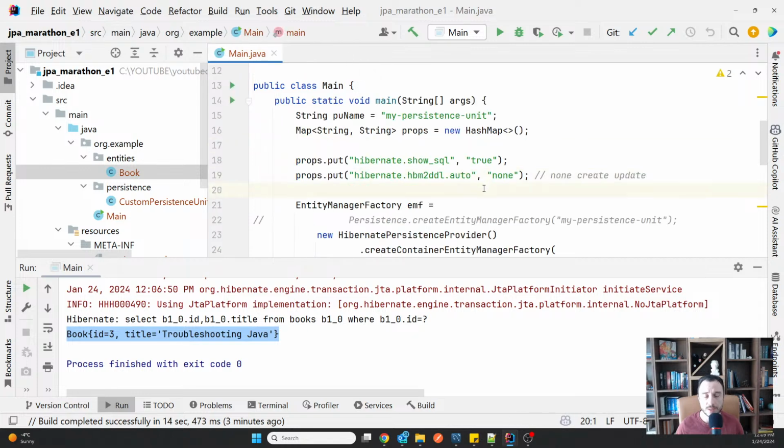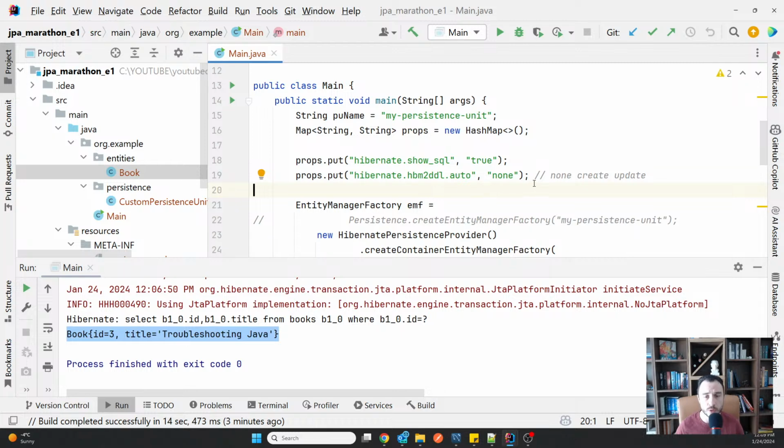Remember, however, that this should never be used in a production ready application. So in a production ready application, we always want to use some software that versions correctly all the scripts that have been run to the database, and JPA is not made for that. JPA cannot do that.